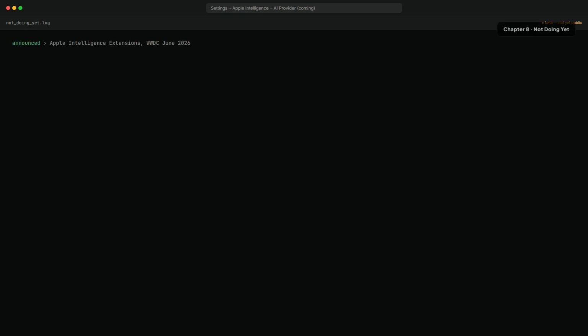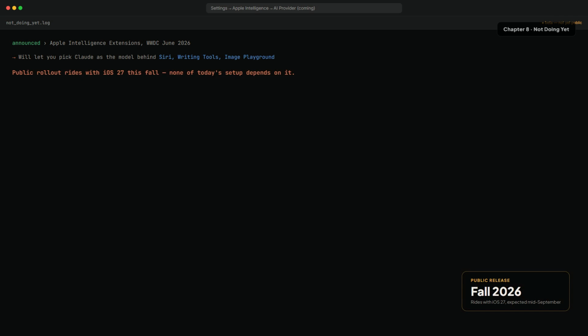One more thing worth knowing, not doing yet. Apple announced Apple Intelligence extensions at WWDC in June, a setting that will let you pick Claude as the model behind Siri, writing tools, and image playground, system-wide. It's still in beta. The public rollout rides with iOS 27 this fall, expected around mid-September, so none of today's